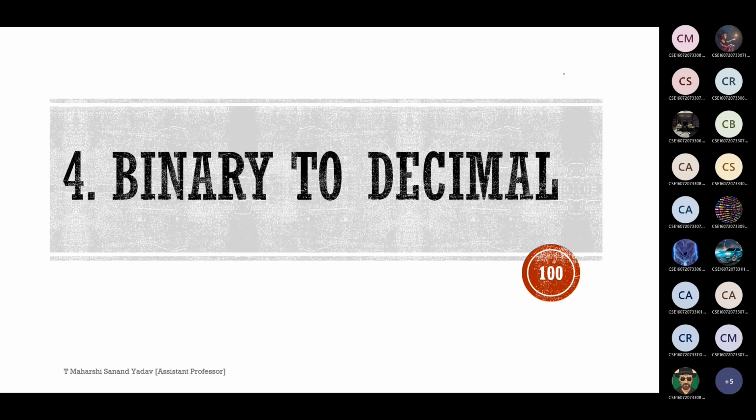Next, I'll call some random number. Roll number 3103. Can you tell me the procedure to convert binary into decimal? Roll number 103. Okay, I'll mark as absent for 103. Next, roll number 98. So anyone? Binary to decimal? Sir, by using positional weight, sir. Correct. By positional weight methods, we need to solve this.